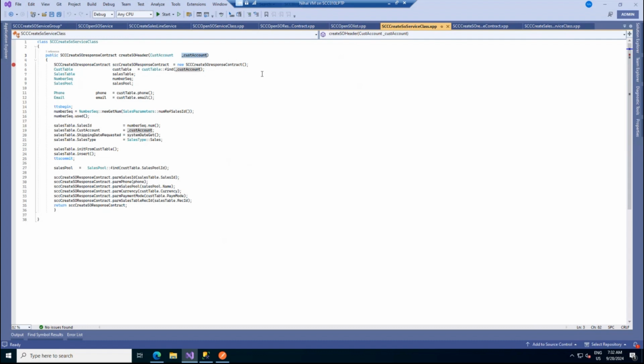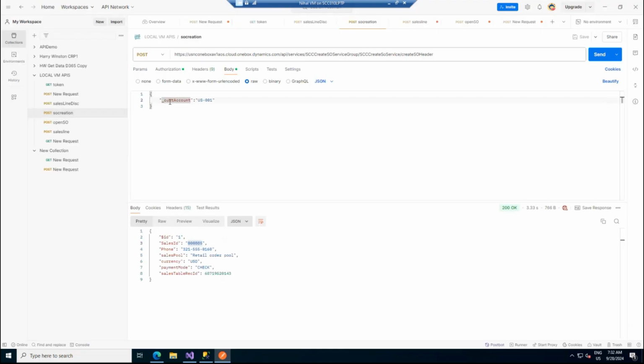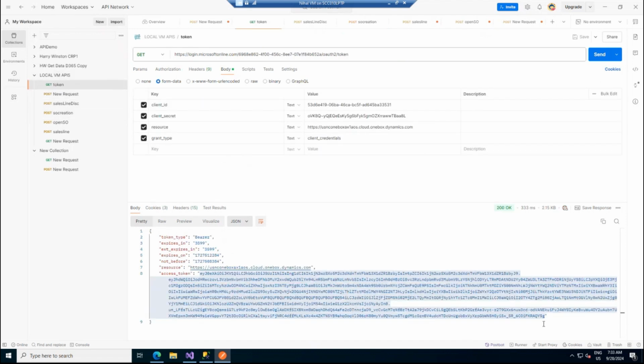So I just copy this underscore cust account, then go to this one and give it here, so cust account will have the customer account as the input. So I have just given the input as customer account, and again I'll copy the token here,